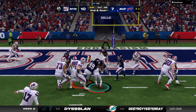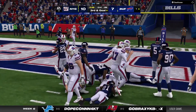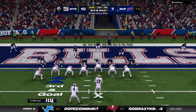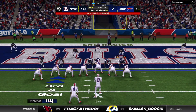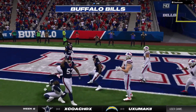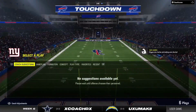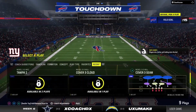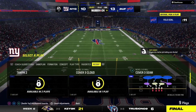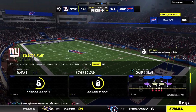Cook trying to get to the goal line, but he's going to be stopped just short at the 1. They'll get to the line here, but remember, it's also 3rd down. Allen going to try and keep it, and he takes it in across the chalk for a Bills touchdown. Josh Allen, his 14th touchdown now on the year. And the Bills will take